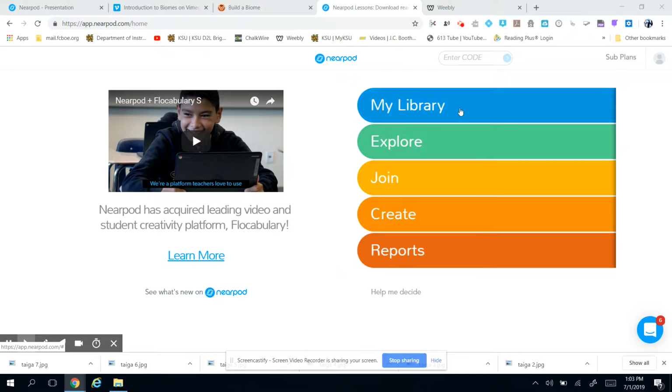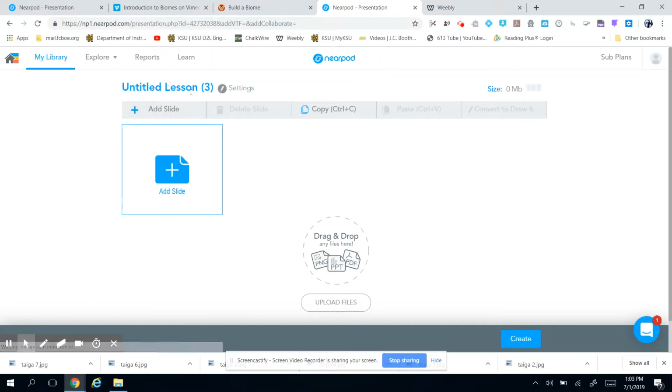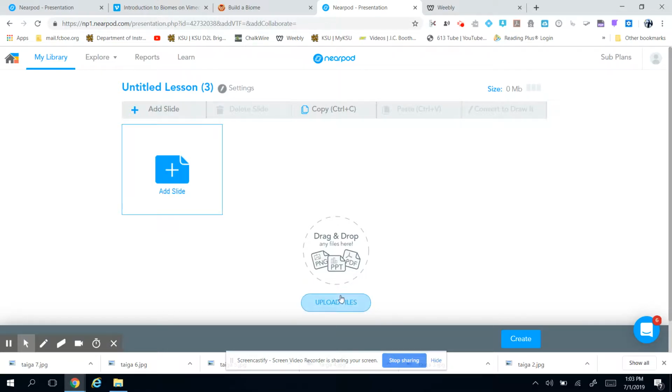So you're going to log in and go to your library, and from there you're going to click on Create Your Own Lesson. Okay, once you're in the lesson, you can add a slide and start from scratch, or you can upload files that you have anywhere on your computer or Google Drive, like a Google Slide, a document, a PDF, anything like